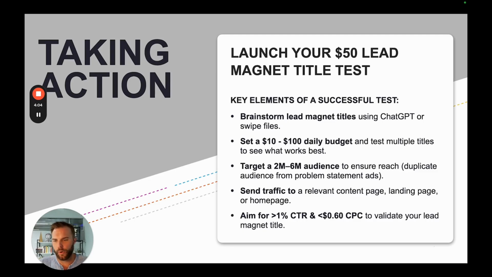And last, aim for a greater than 1% link click-through rate, and a less than 60-cent cost per click to validate your lead magnet title. Make any adjustments based on your industry as needed, and go out there and figure out what lead magnet title is really going to allow you to attract the right person based on your winning problem statement, and really not waste time, right? That's what we're doing here, we're going to prevent ourselves from wasting time in the lead